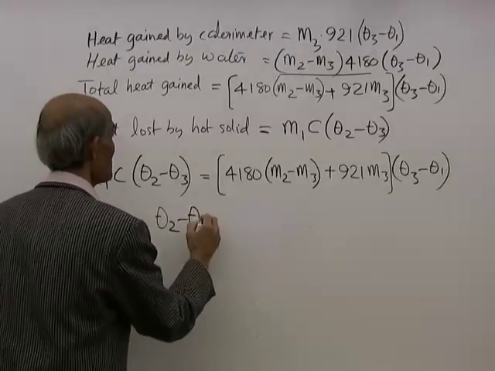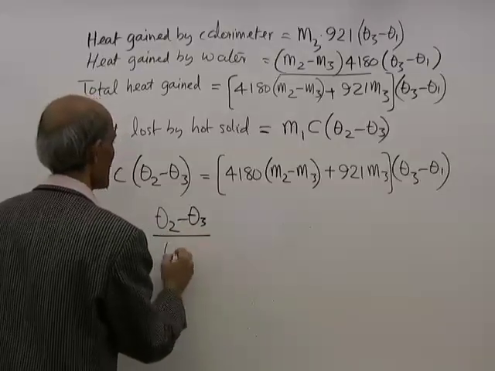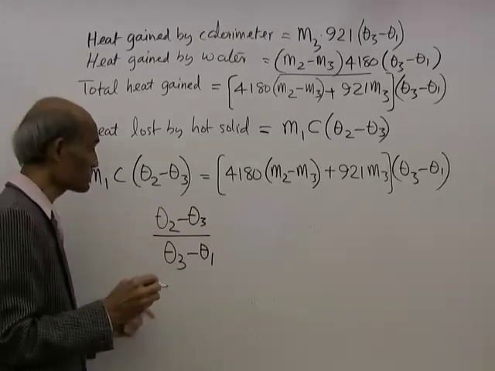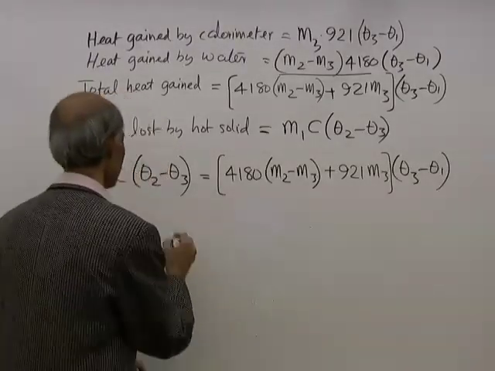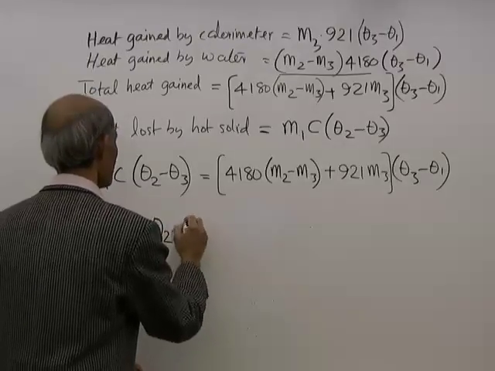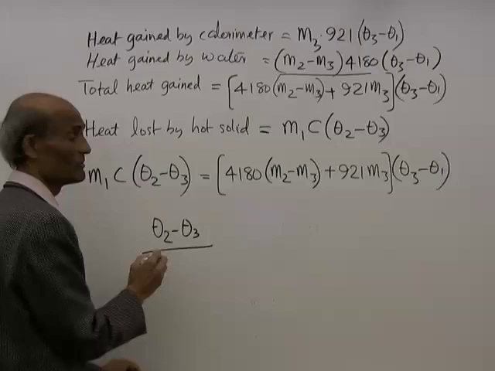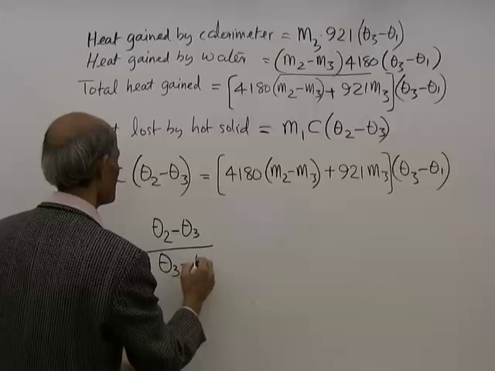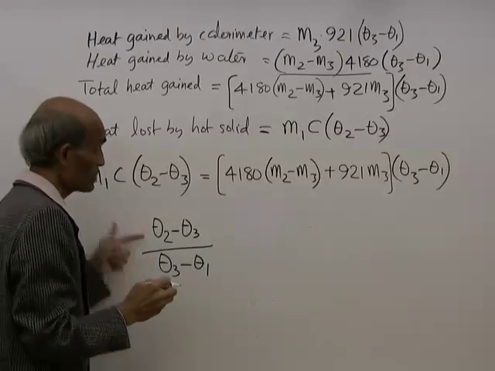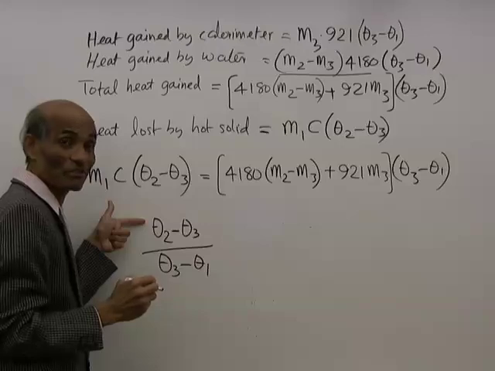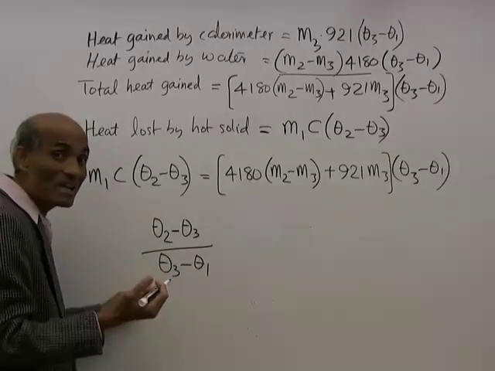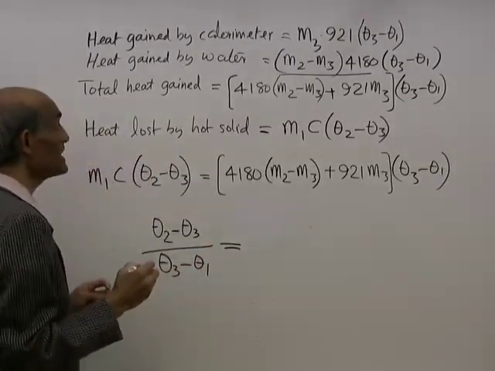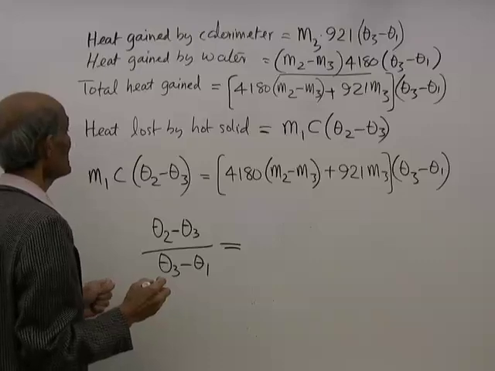Theta 2 minus theta 3 divided by theta 3 minus theta 1. We're going to obtain this ratio. Let me write that down a little more neatly. Theta 2 minus theta 3 divided by theta 3 minus theta 1. That is the falling temperature of the solid divided by the gain in temperature of calorimeter and water. That temperature ratio will be equal to what? Will be equal to